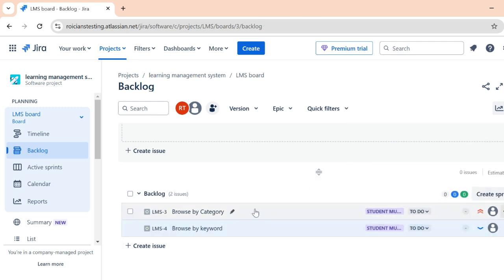So guys, this is how you can create epics as well as link those epics to the stories. Well, I hope you understood the complete explanation. Whether you're working as a tester, business analyst, product owner, or developer, we have all of you covered in this. I advise you to watch the complete series so that you can understand not only your role and responsibility in Jira, but how other team members collaborate here.